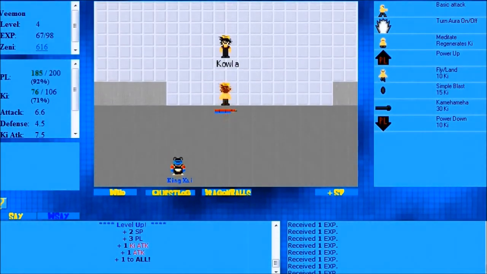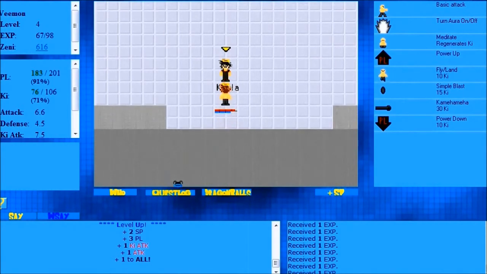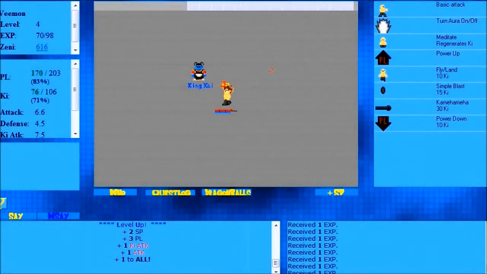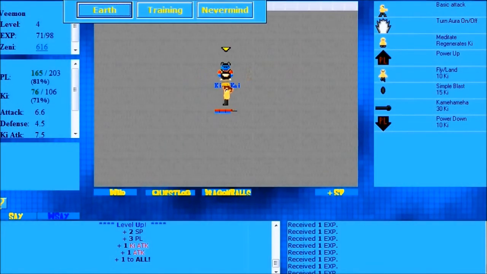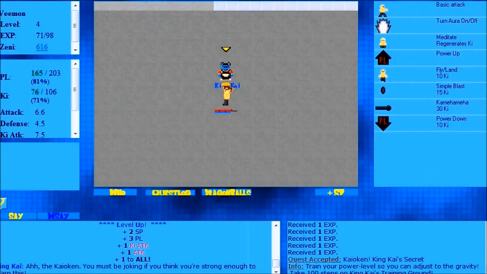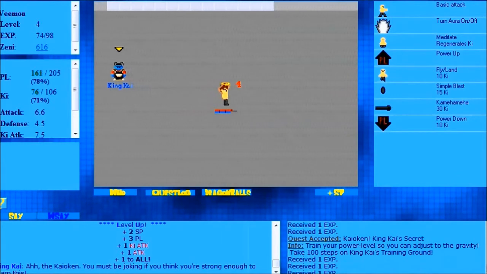Alright. I just wanted to get to 200. Guess that guy's not doing anything. Okay, there we go. Now what you want to do is hit training, and he will tell you you'll get a quest called the Kaioken. And what he wants you to do is take 100 steps on...